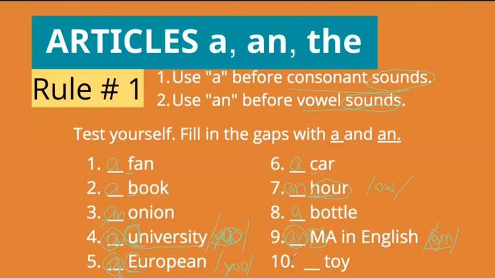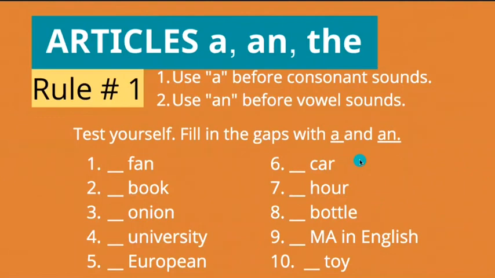Okay, next is the word toy. So obviously that's a toy because T is a consonant sound. So yeah, that's the first rule. And I hope you were able to understand that one. And let us proceed with our next